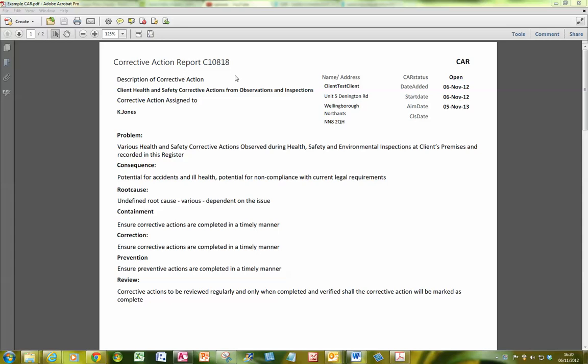This is a document you may receive from us. If you do, don't worry. It is a non-conformance report. It is a corrective action report. Basically, this is a document that we provide to clients